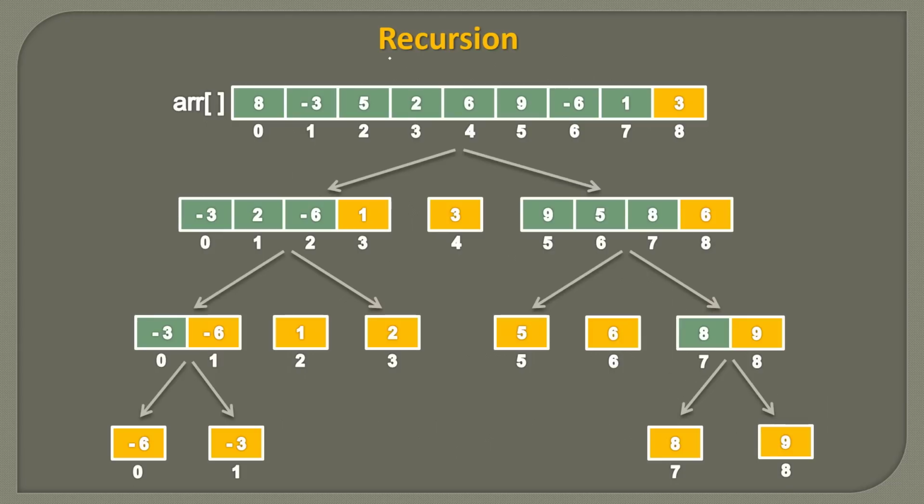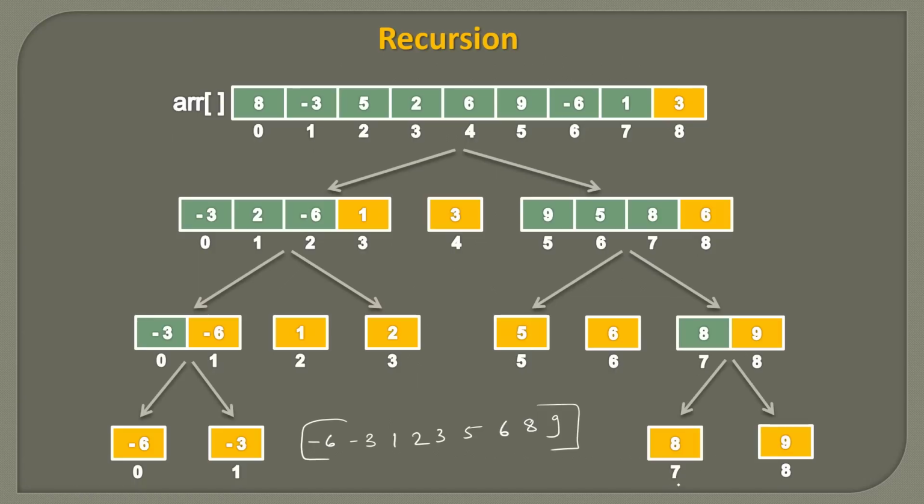so here you can see that we are performing the recursion on this array recursively and we are doing the partitioning, and with each partition one element is getting sorted and placed at its correct position. So if you try to combine all these indexes, you will see that if we sort this array, the array would look like, if I just plot it here, it will look like first minus 6, minus 3, then 1, 2, 3, 5, 6, 8 and 9. So you see that this would be our finally sorted array,